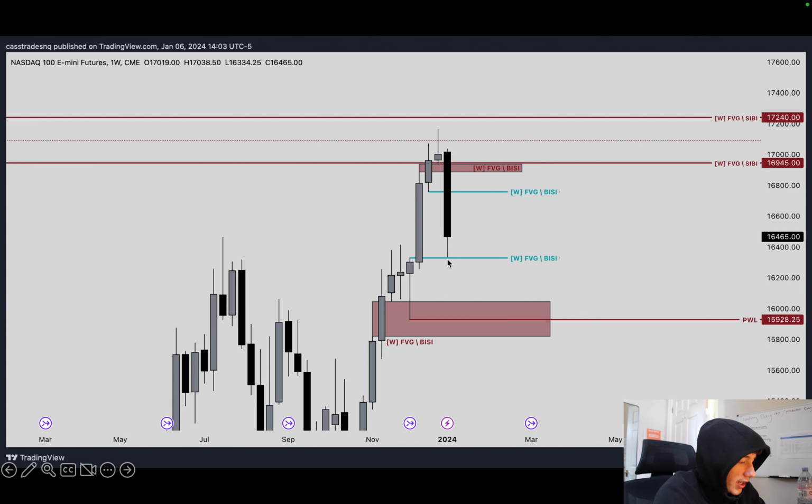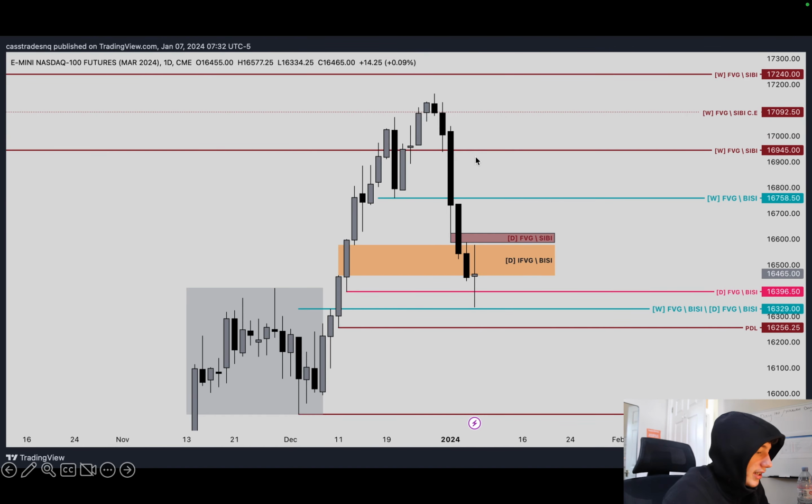And I'm looking to see how we trade during the first couple of days of the week, on Monday and Tuesday, to see if we have a close below here on the daily chart. And then below here is a previous weekly low that has some significance because it's in the 40-day IPDA range. And then here's a weekly fair value gap / BISI that would be a target, given that we come down into that area, as it would take the low if we go down to here. There's also the consequent encroachment of this wick, just around there, which I would also be looking at as an objective for next week.